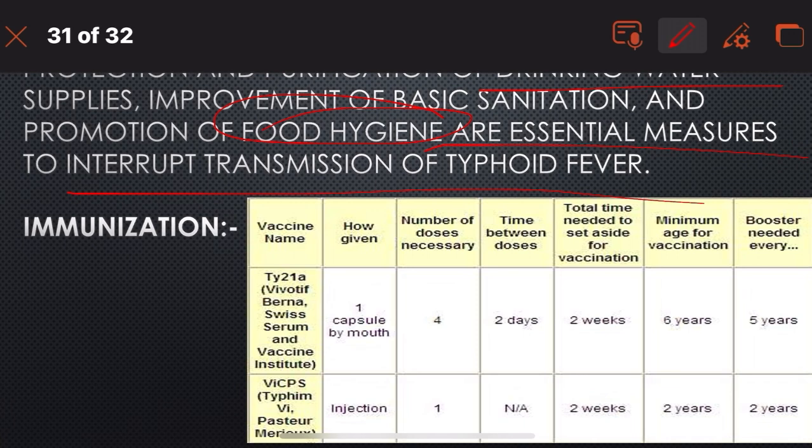Booster dose is given, needed or recommended every 5 years. Is it clear? The typhoid